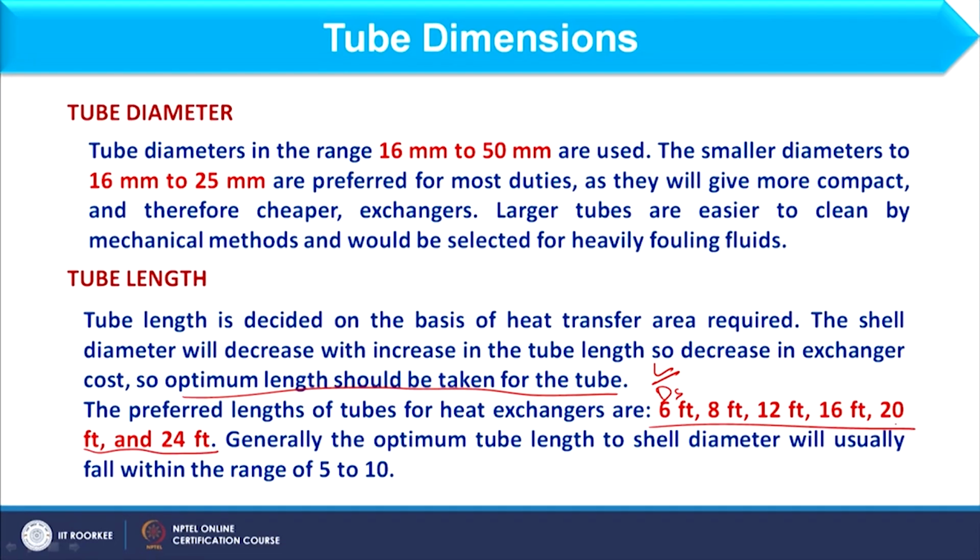We have to choose these lengths in such a way so that length to shell diameter should fall within the range, and that range varies from 5 to 10, right. So, tube length and shell diameter should be within 5 to 10 ratio. Okay. If it is within this, we can consider that your length and diameter are fixed. If we have this ratio, then we can say that the length and diameter which you have chosen is correct,